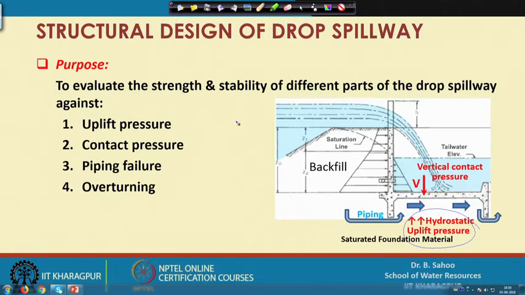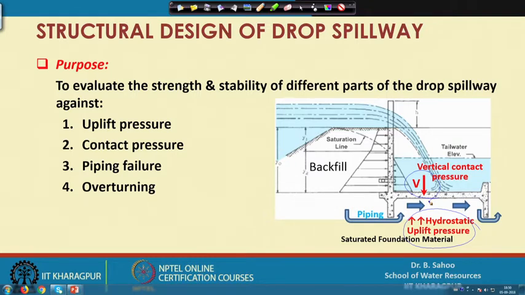You can see the contact pressure is given by the notation V, which is acting at the base of this foundation, and depending on the location of this V, that is the vertical contact pressure, the overturning of the structure will happen. If it acts exactly at the centroid of this base section, then there is more stability,